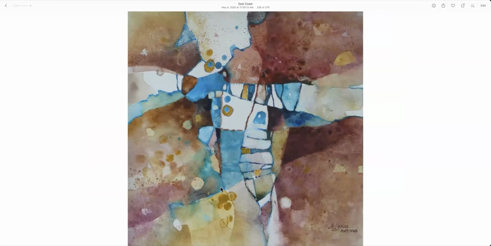Abstracts, by the way, I think abstracts really, really need visual pathways because there's no physical imagery for a viewer to hold on to. Where the heck does a viewer look in an abstract painting? So if you can put some visual pathways into an abstract painting, it's going to be better. In this case, I've got visual pathways moving up and down through here, side to side through here. Where they meet is kind of my focal area. That may sound weird in an abstract, but yeah, where they meet is kind of the good stuff, the best stuff in the